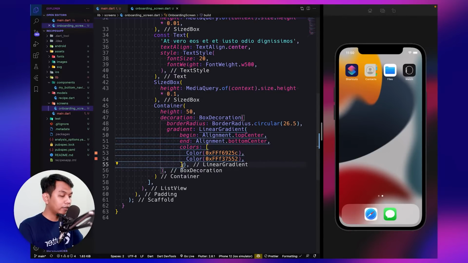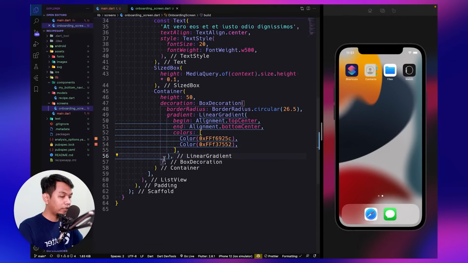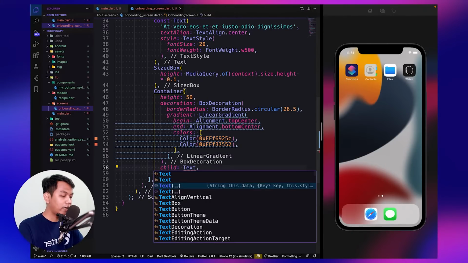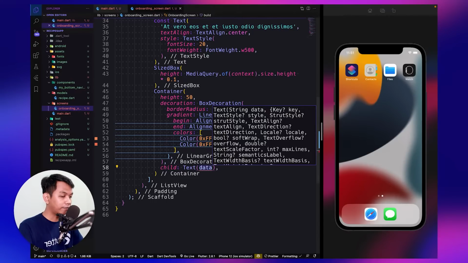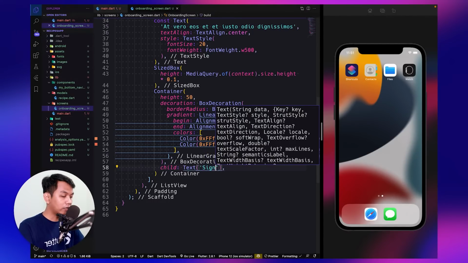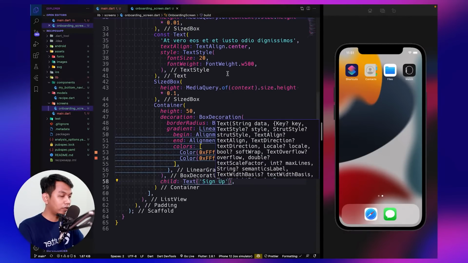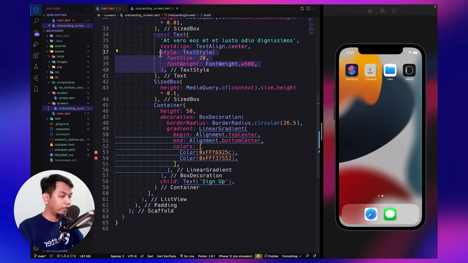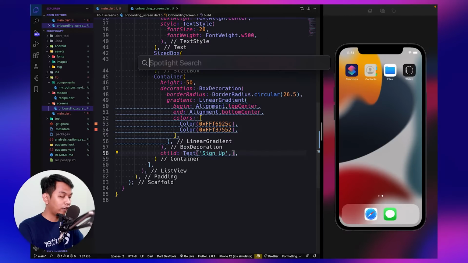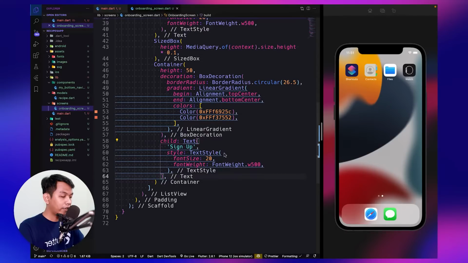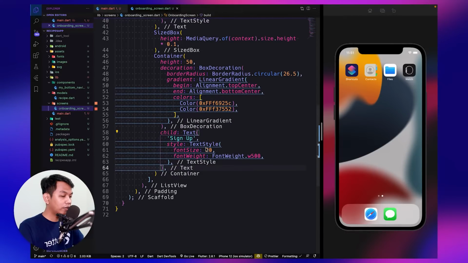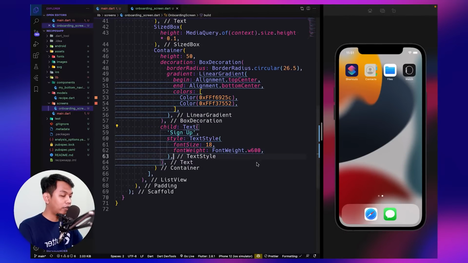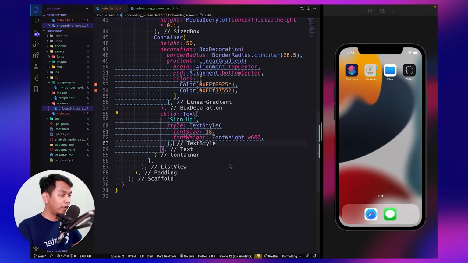Okay, it looks like this. And inside our container we can give a child using Text, and we can say Sign up. And for the text style we can copy from this, and change the size to 18 and the weight to 900, which is semi bold.